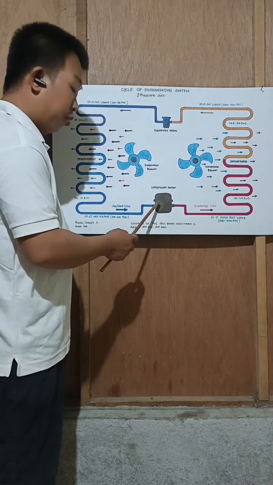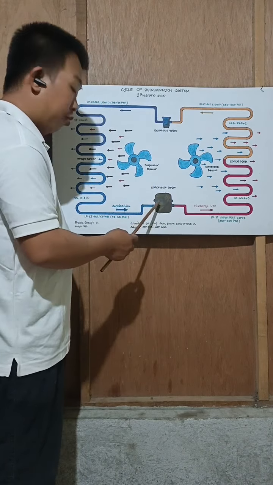The compressor motor sucks the low pressure, low temperature saturated vapor at the pressure of 45 to 65 psi at the temperature of 55 to 12.2 degrees Celsius. When the compressor sucks this refrigerant, it turns here. The compressor has parts inside the motor, the connecting rod and the piston, and it works there. It compresses the refrigerant, squeezing it well, and it turns hot and is sent here into the discharge line.